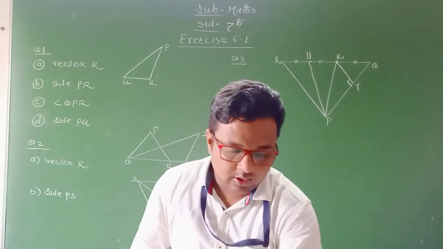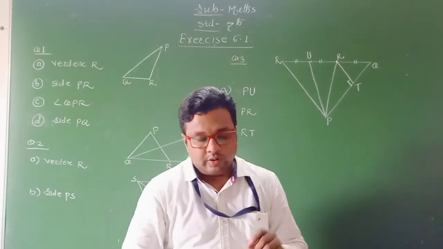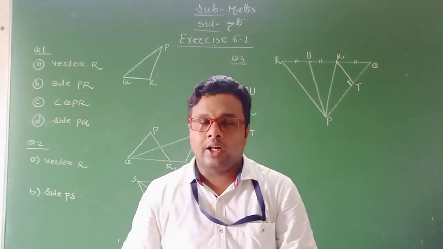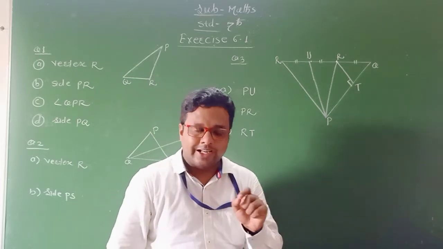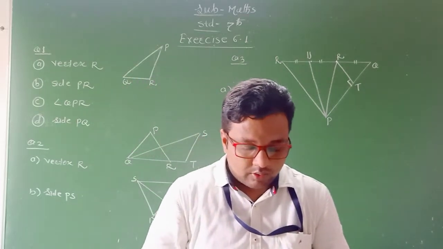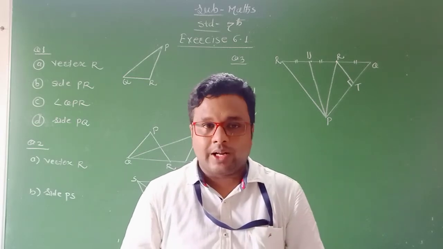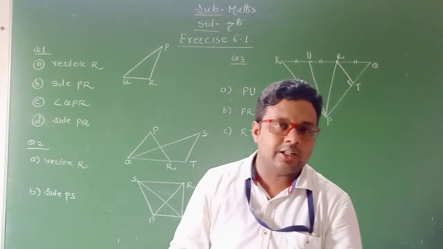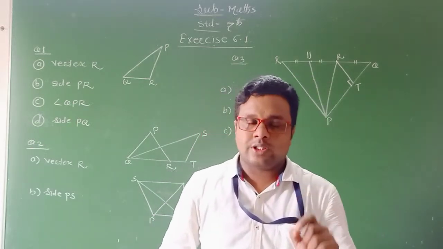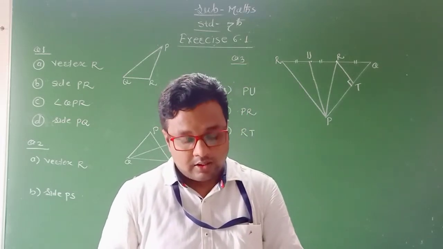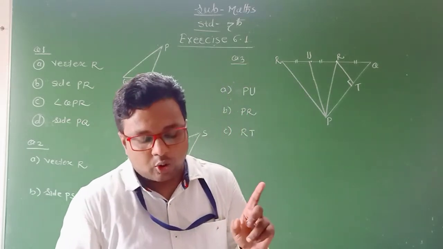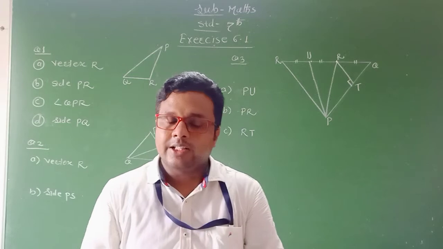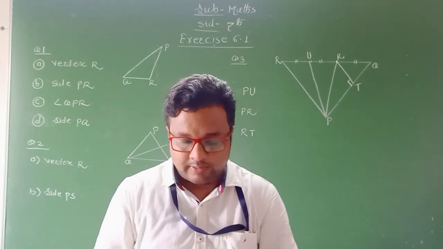Hello student, in the previous video we have seen some concepts of triangle. Definition of the triangle: what is a triangle? A triangle is a three-sided polygon. After that we completed types of triangle according to their sides and angles. According to their sides, the types of triangles are scalene triangle, isosceles triangle and equilateral triangle. And types of triangles according to angles, three types are there. First is acute angle triangle, second is right angle triangle and third is obtuse angle triangle.